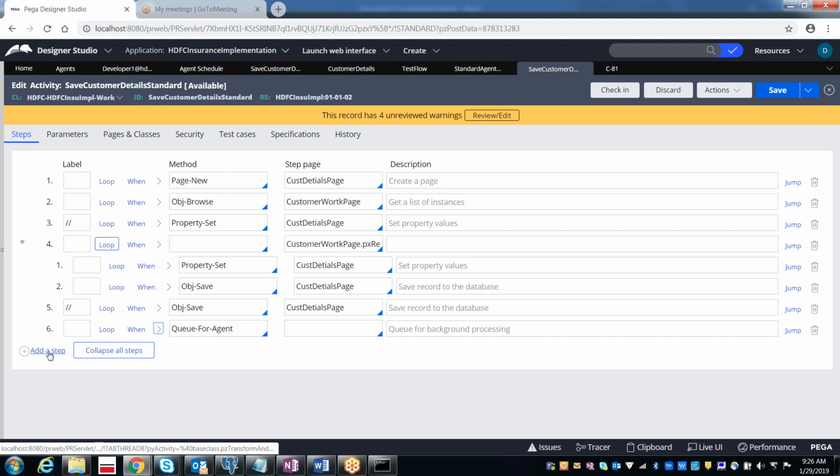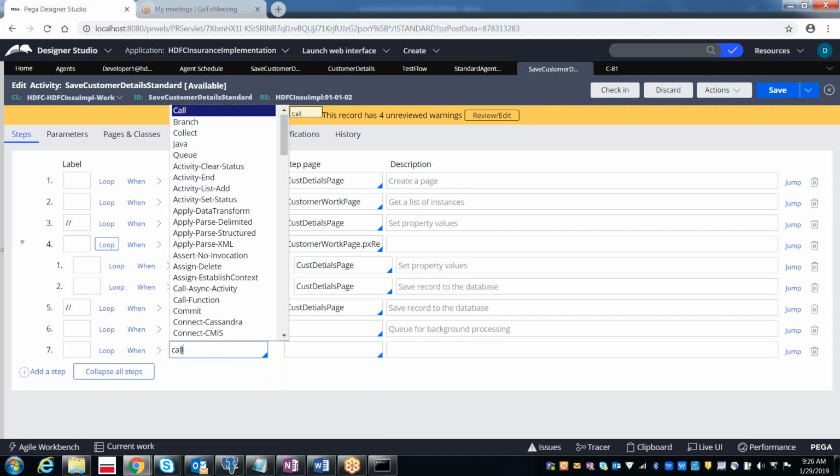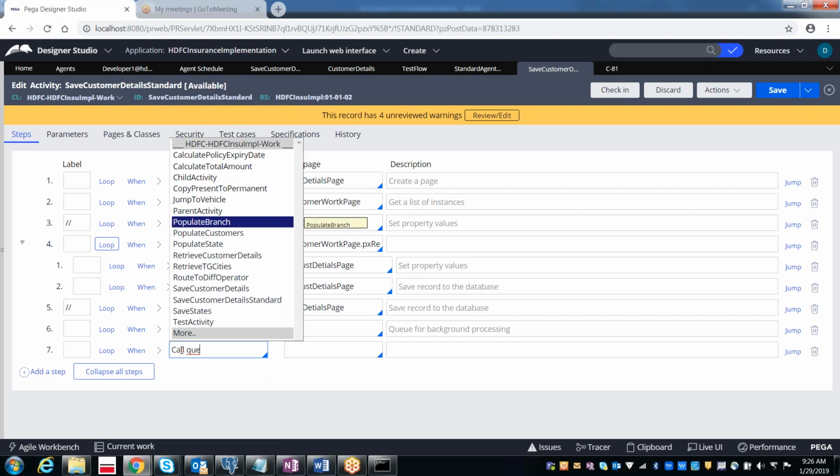Otherwise, we also have the default Pega activity. To call an activity, we need to use either call or branch, so call and then queue for agent.